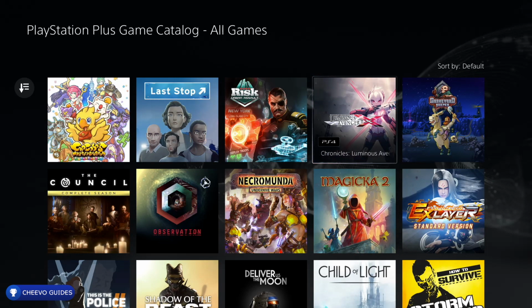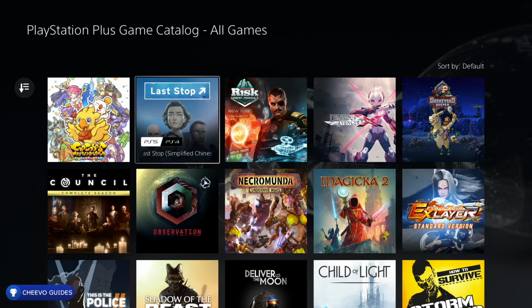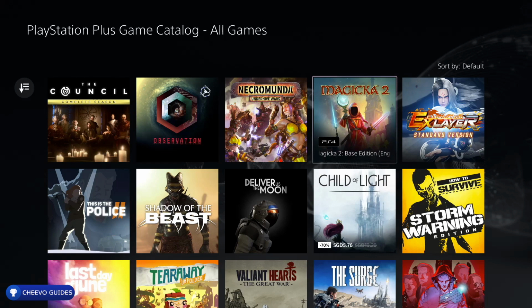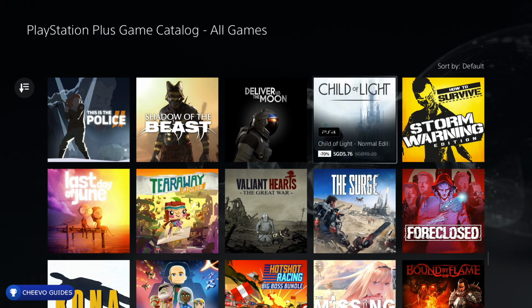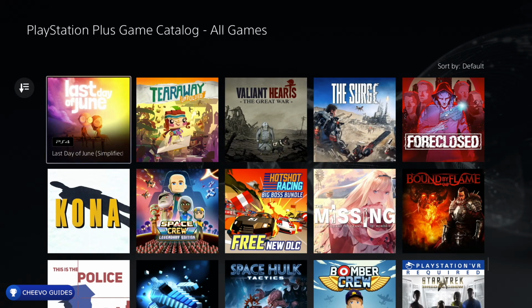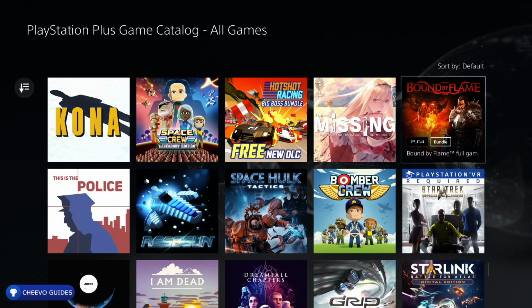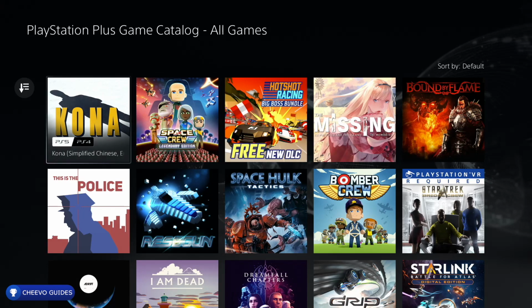Chronicles, Luminous Avenger iX, Risk Urban Assault, Last Stop, Chocobo's Mystery Dungeon, and then next we have The Council, The Complete Season, Observation, Necromunda Underhive, Magicka 2, Fighting EX Layer, How to Survive Storm Warning, Child of Light, Deliver Us the Moon, Shadow of the Beast, This is the Police 2, The Last Day of June, Tearaway Unfolded, Valiant Hearts, The Surge, Foreclosed, Bound by Flame, The Missing, Hotshot Racing, Space Crew Legendary Edition, Kona, This is the